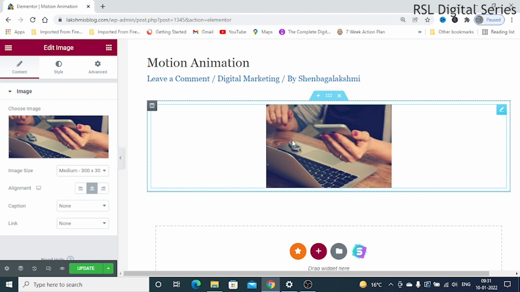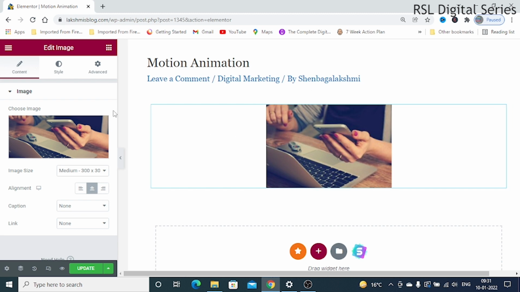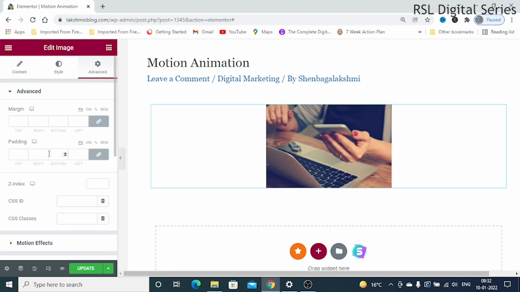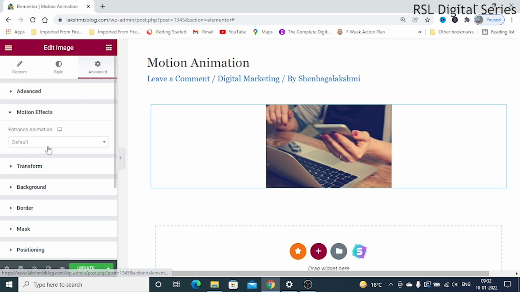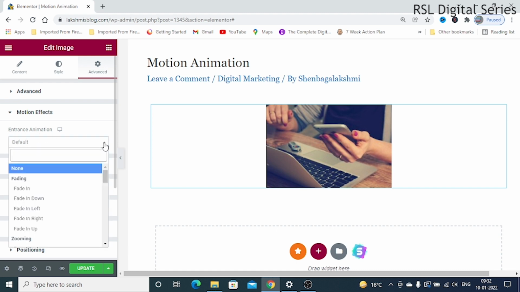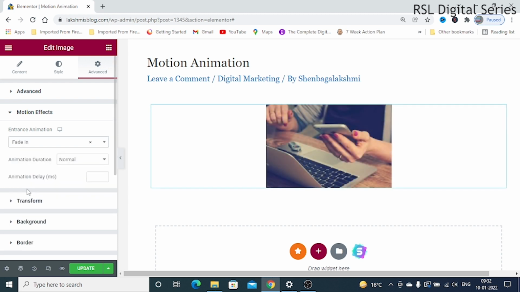Now for applying this motion animation, we have to click this image and go to the advanced option. Scroll down and you have motion animation effects here. Click this, and here you have the entrance animation drop down menu. From the menu we can choose any of the options.